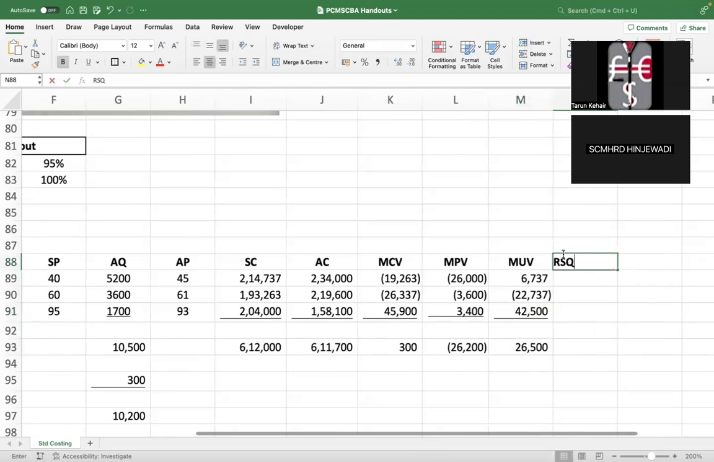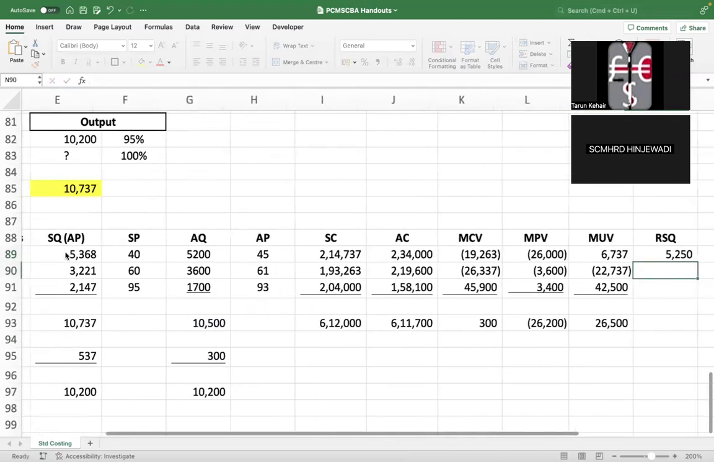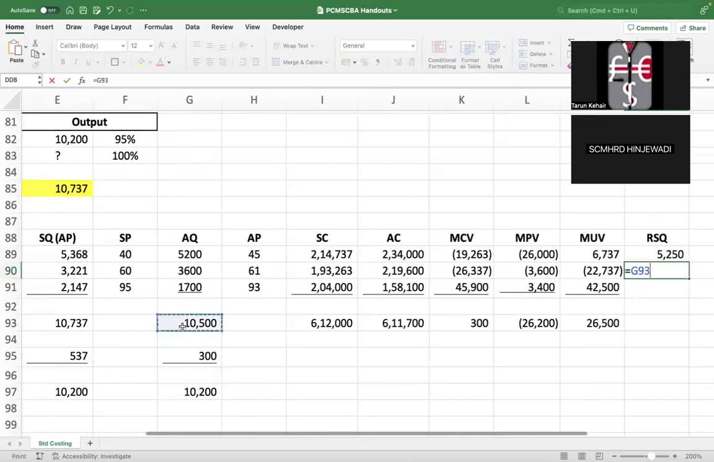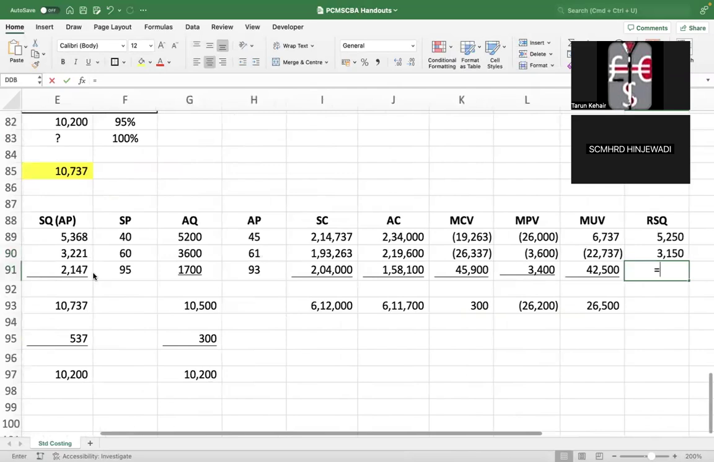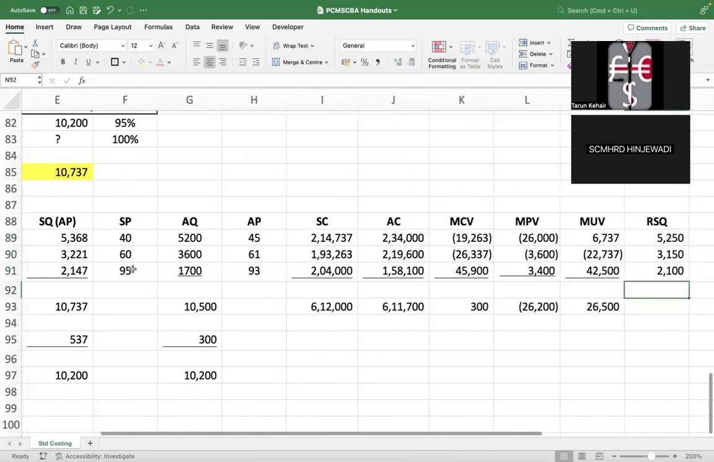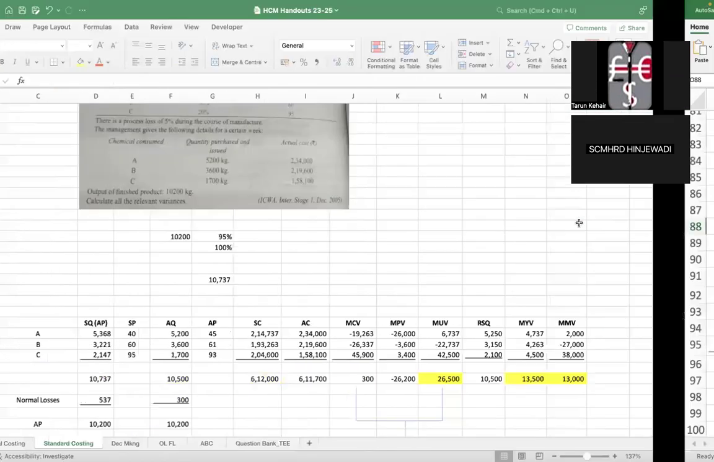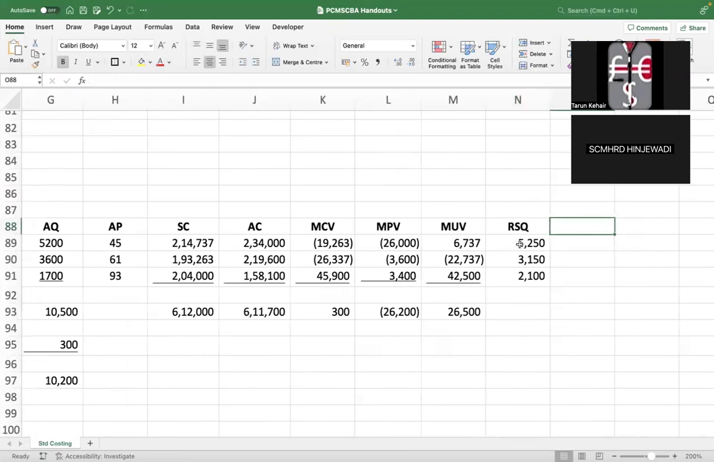RSQ, revised standard quantity, which is, what is the definition? It is the actual quantity broken up in standard proportions. So your actual quantity is 10,500 kgs. This you have to break up into standard proportions, 50%, 30%, and 20%. Right? Now,